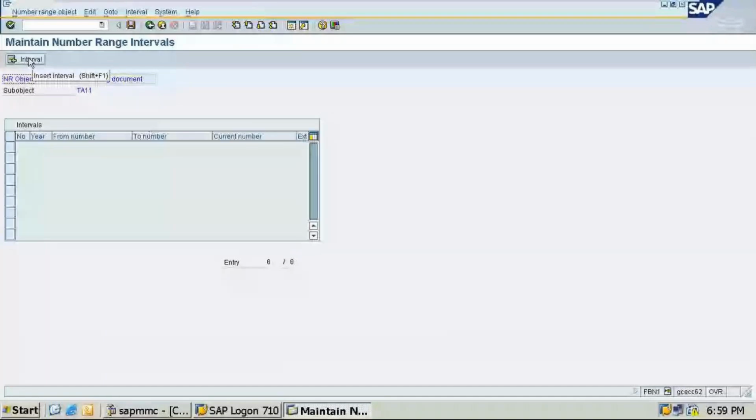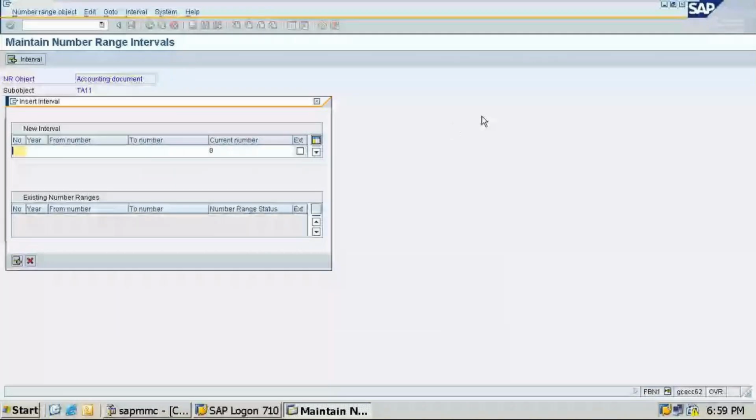What do I have to give? I have to give 01. Starting year is 04, it is a financial year. So for the document number, suppose the number should be 1000 to 1999. Okay, this I have given as the number range. Insert entries and click on save.